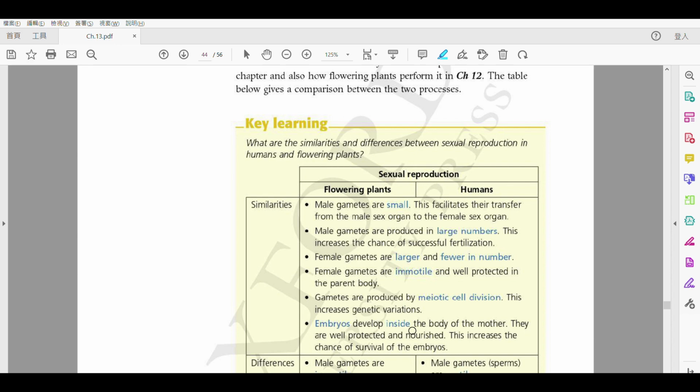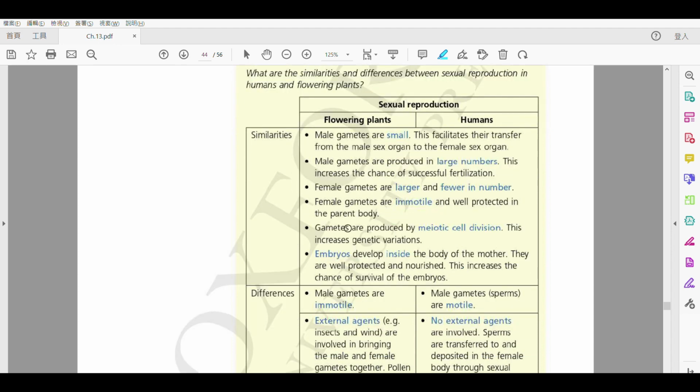Or if you don't want to challenge as much, if you find it too difficult, you can also go through this page once first. Look at it yourself. Then go through chapter 12, chapter 13 again, and try to think if you can put down all the points. Try to recall and think whether you can write out all the points. It's not recite, okay? This part you do not need to recite. It's about thinking. You have to think. Okay, so that's all for this video, and that's the end for chapter 13.